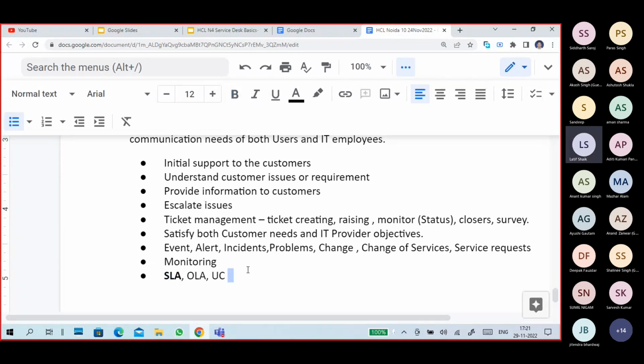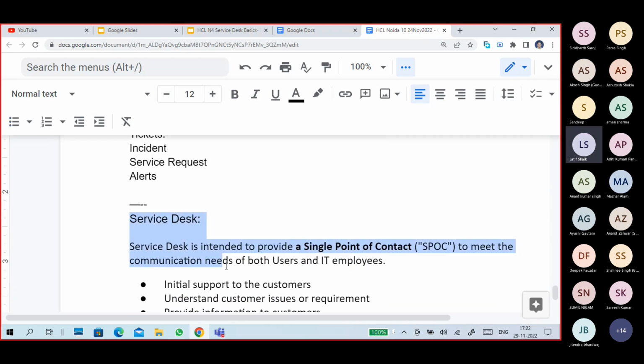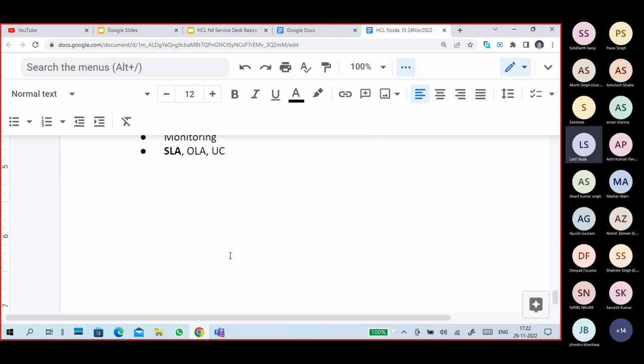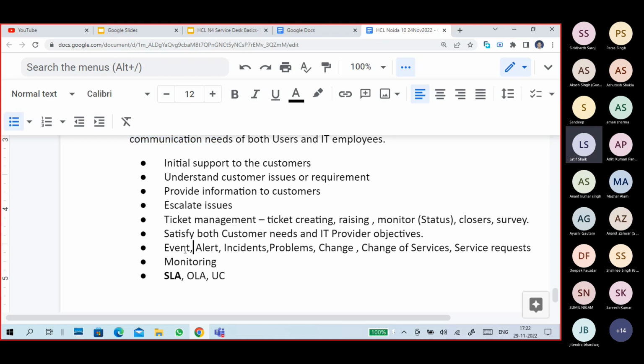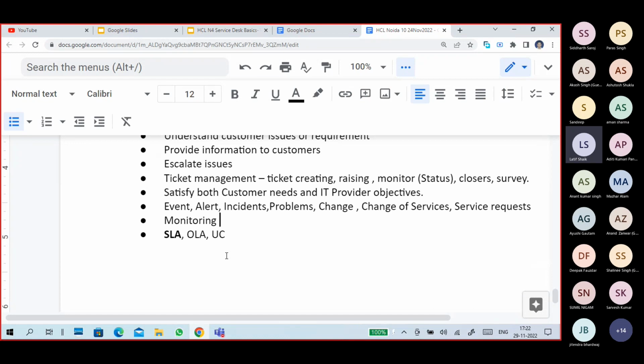Okay. So just take a relax, take a 10 minutes break. We'll continue from this end, and also service desk. What is SLA, OLA, UC, and also I will tell about types of service desk for today. Tomorrow I will tell about these definitions, guys, but I will give you one small introduction to these definitions. Tomorrow I will explain about these definitions and the importance of monitoring also. We'll discuss tomorrow. Okay. Now take a 10 minutes break.